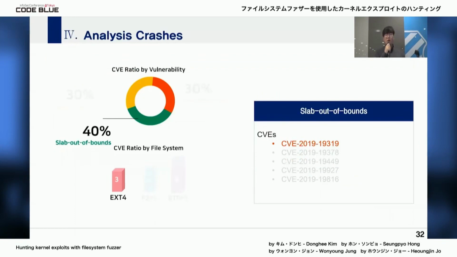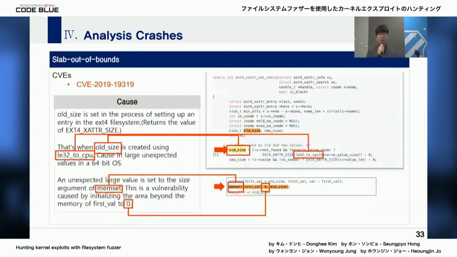Next is the slab out-of-bounds vulnerability. The variables old_size and new_size are set during the process of setting up an entry for the ext file system. These two variables are defined as size_t.